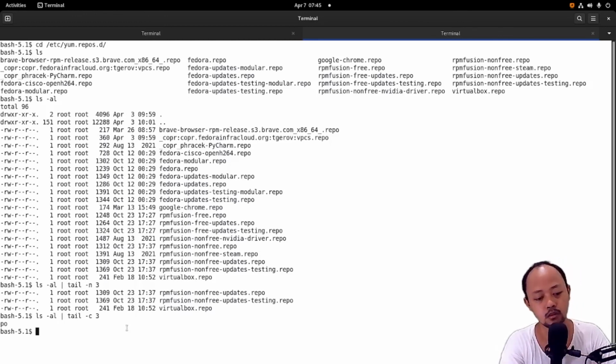Okay, I think it's very useful. This command is very useful when we are administering our Linux.